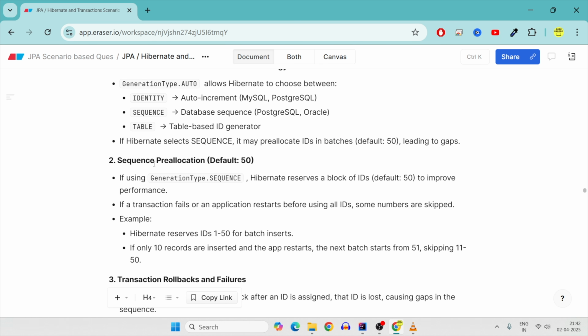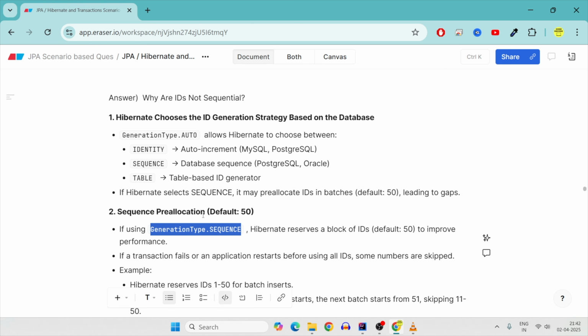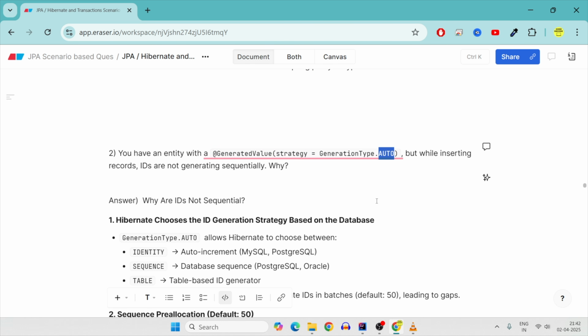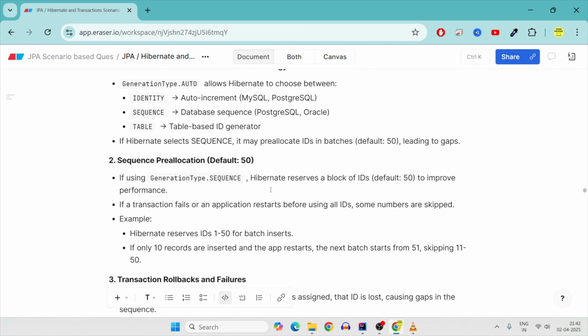For example, if you're using the generation type sequence, which is internally chosen by the Hibernate framework for you because you have not explicitly told it what to use, then Hibernate reserves a block of IDs, say 1 to 50, for better performance. Now, if the transaction restarts or fails before all the 1 to 50 IDs are used, what happens?